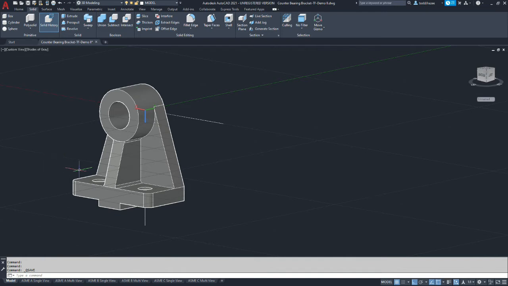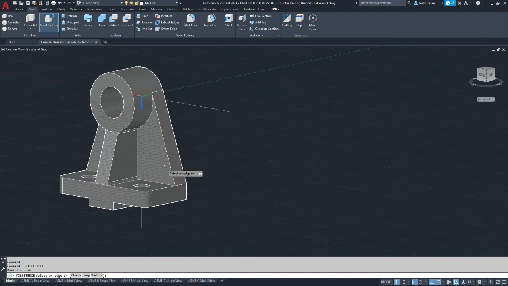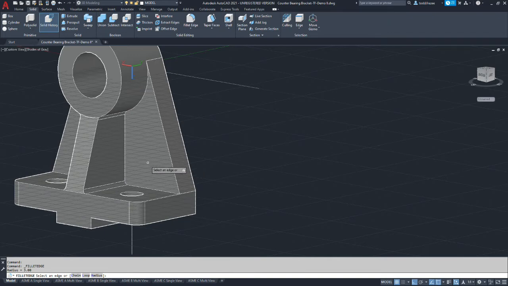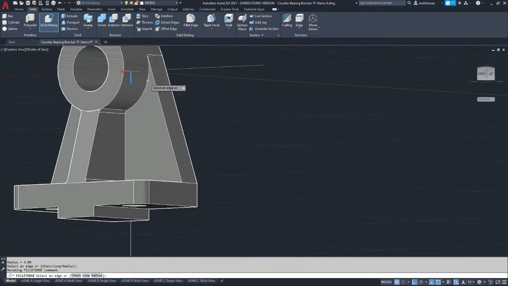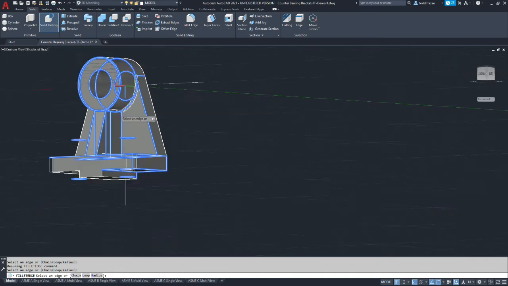All right, now the next step is to fillet all the fillets and rounds that touch the two planes that make up the tapered flange. All right, so we're going into the fillet command, and they're all fillets except for this one round on the outside. Okay, we're going to select the transition with the boss.